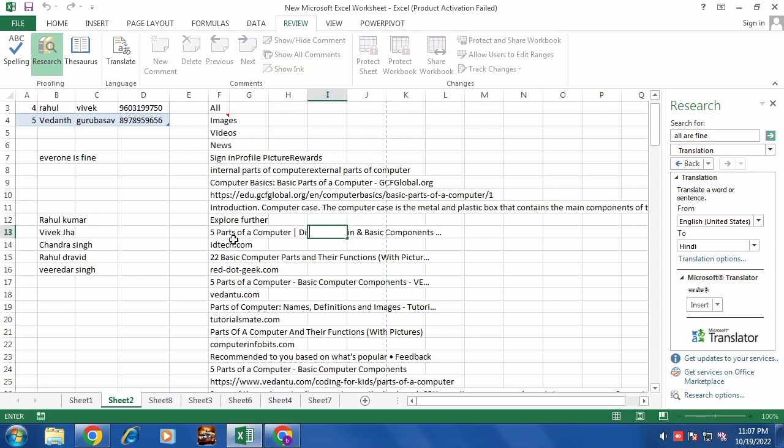you can write here again a new comment. You can write anything content related. So you can see here "parts of computer". I'll write one more content here for a new comment: "parts of computer peripheral". I'll write computer peripheral. This is the comment, in one particular word related to that information you can